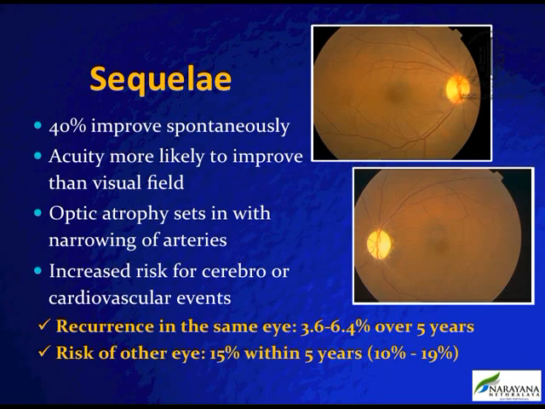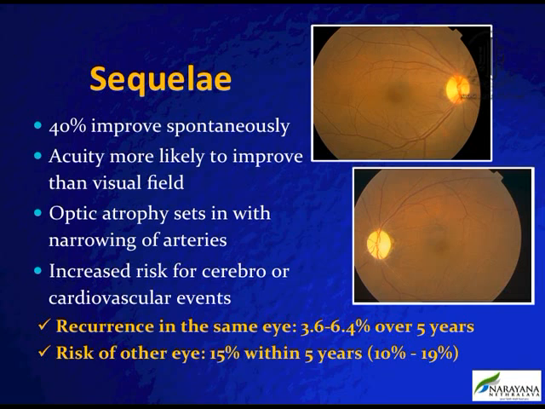We have seen that patients who develop NAION do improve spontaneously, but there is not much improvement in the visual fields. The acuity is more likely to improve. Eventually, optic disc atrophy sets in, as you can see here, and then you can see some amount of sclerosis of the blood vessels. There is obviously an increased risk for